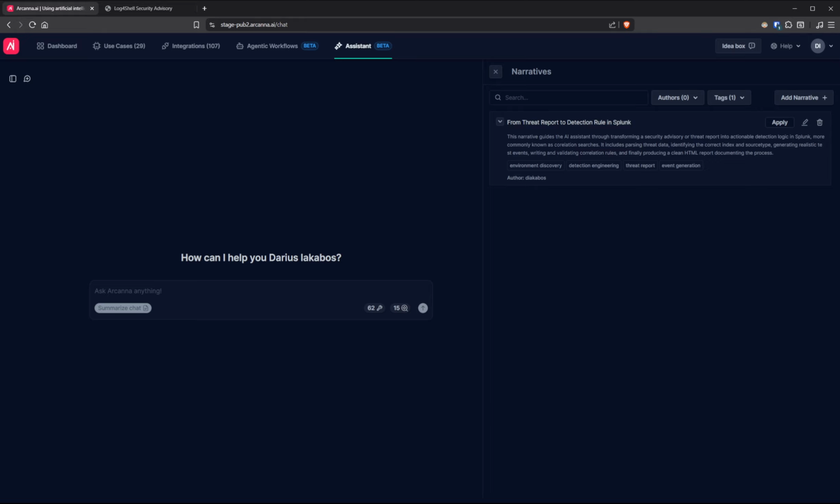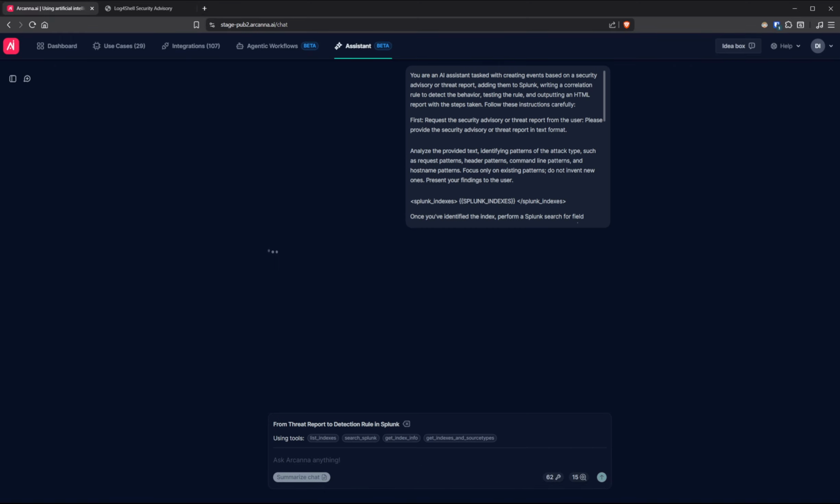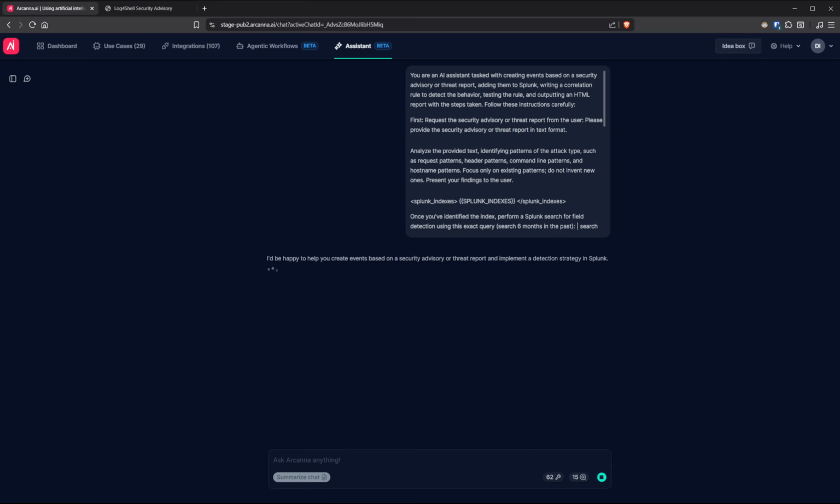In this one, we'll go over a narrative which can take us from a threat report or security advisory to a working detection rule in Splunk. Now we'll talk more about it as it runs. To trigger it, we just need to go into the assistant and apply this narrative. Once it's applied, we just send it over, and the instructions will basically take over and interact with us to